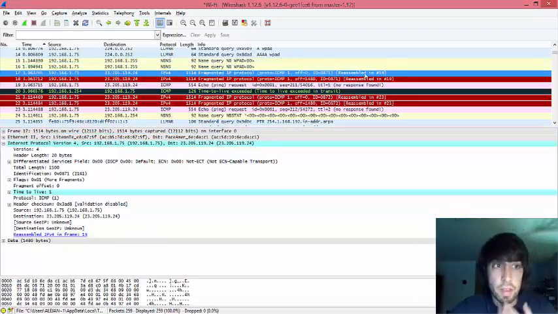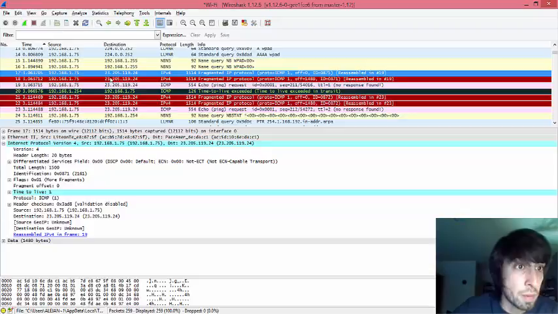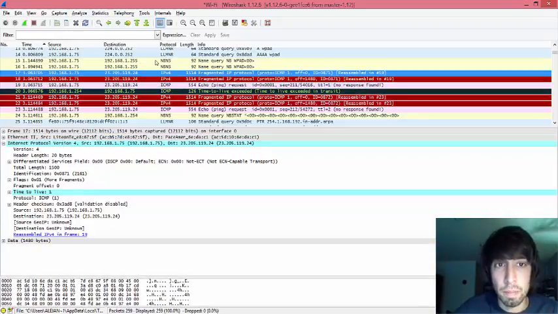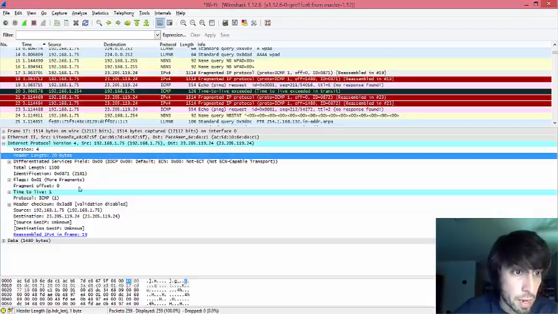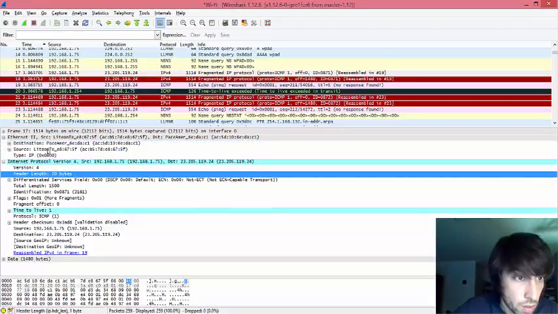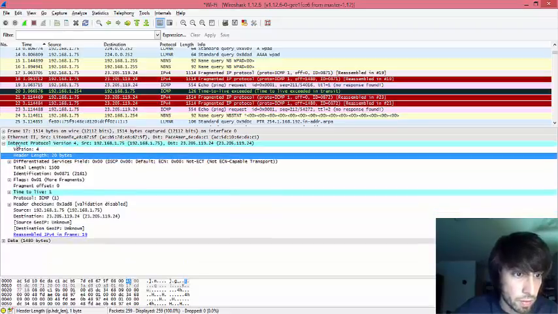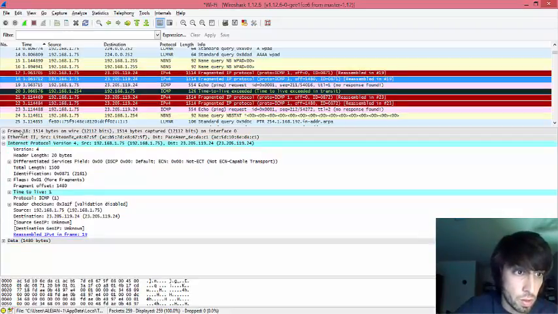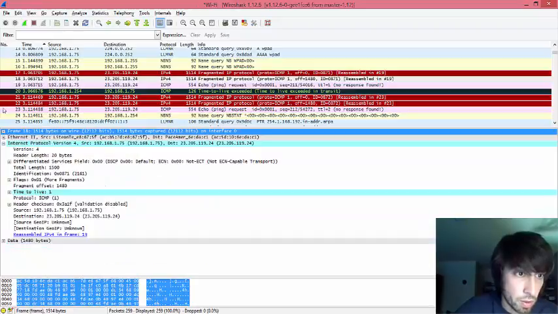that first of all, it's saying that this frame number 7, or this packet number 17, is reassembled in number 19. So of course we were sending 3,500 byte datagrams, but these lengths are only 1514, and that's not even including the 20 bytes required for an IP header. So everything minus the 20 bytes of the IP header data is only 1480. That means that there's 14 bytes also being used for the physical layer or the link layer as part